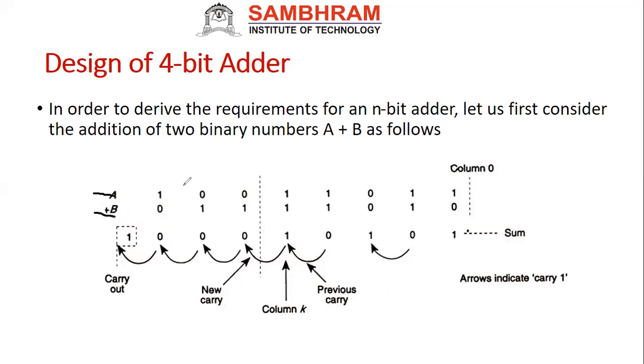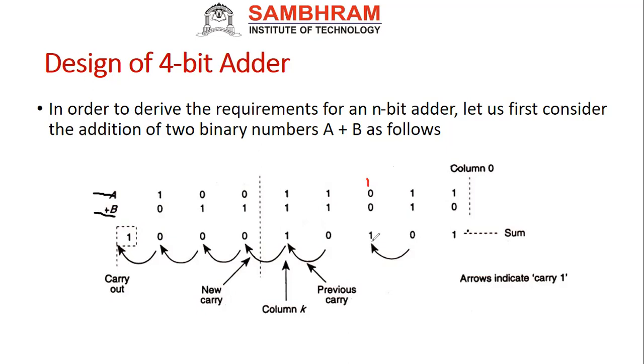Next, we took an example of some numbers here. Let's randomly take some A and B binary numbers. As you know how to add, the arrow marks here indicate carry 1, meaning wherever the carry will flow. For example, 1 plus 0, the sum is 1. There is no carry, so there is no arrow mark. Next 1 plus 1, the sum is 0, then I will get carry 1. So there is an arrow mark.